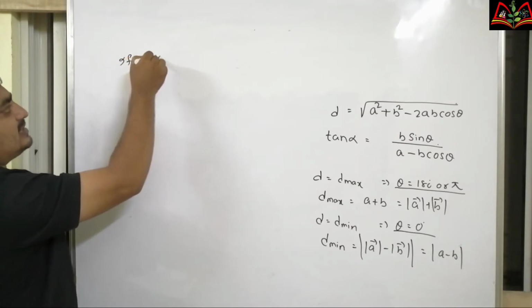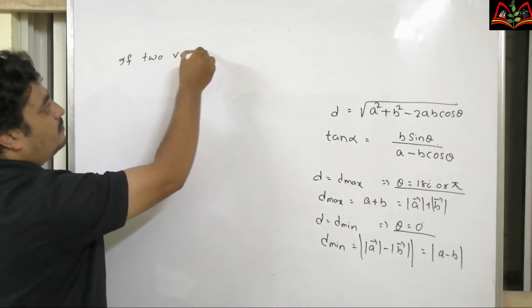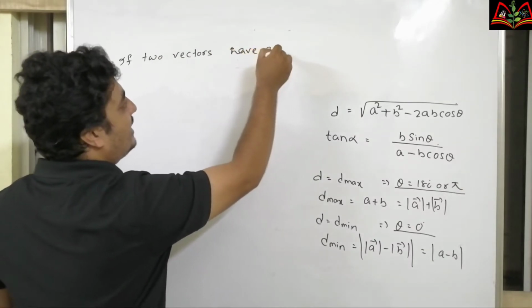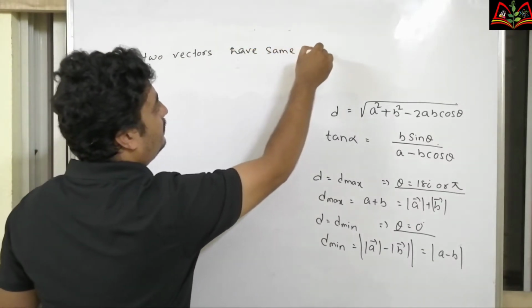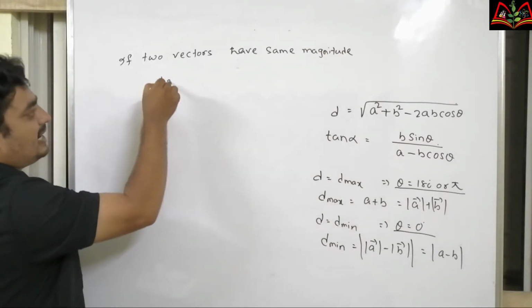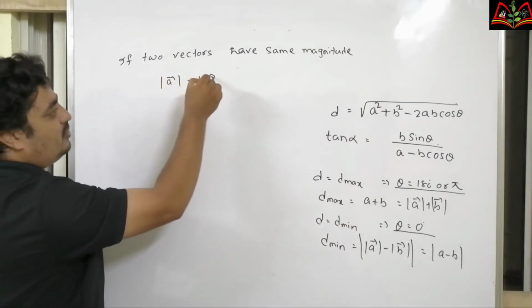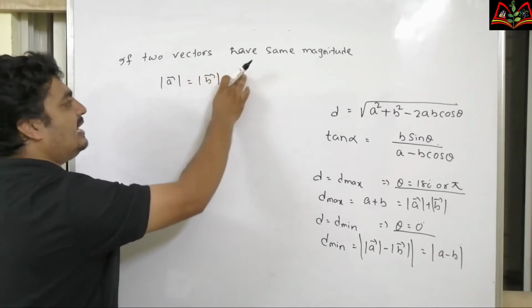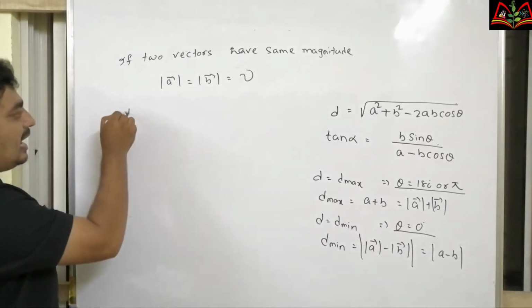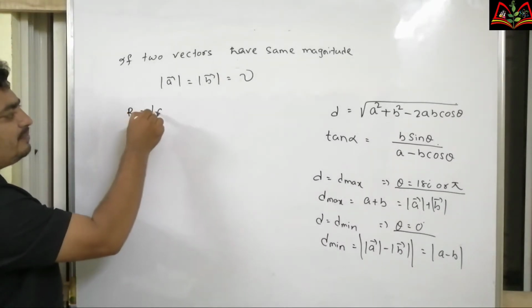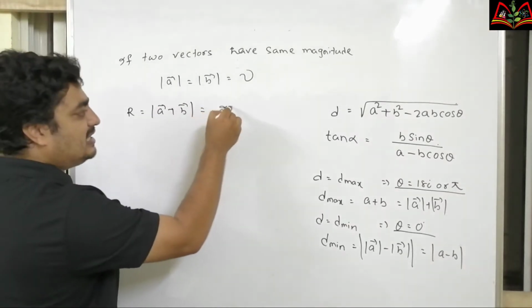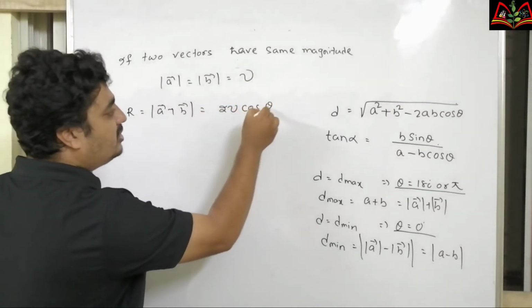If two vectors have the same magnitude, let magnitude of A equal to magnitude of B, let it be equal to B. Then the resultant or sum, that we can say mod of A plus B, is equal to 2B cos theta